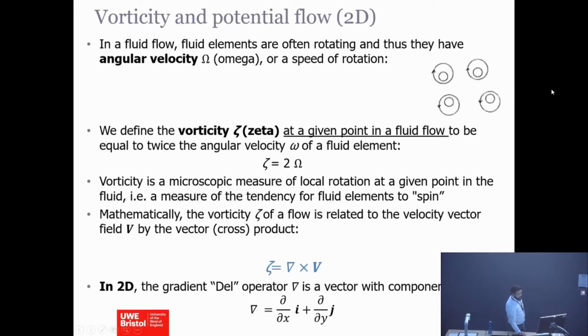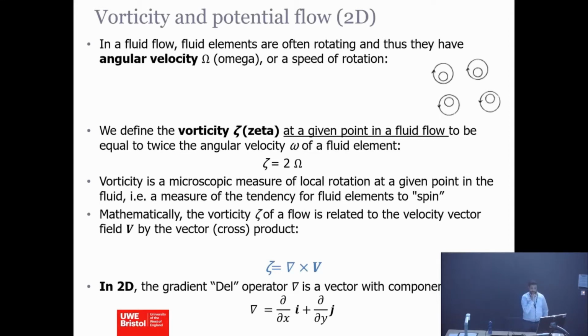Now, we know that one of the characteristics of fluid is rotation. So, the fluid elements can actually rotate. Okay? That's one of the characteristics. We will show you some of the other characteristics, but one of them is rotation. And if these fluid elements rotate with an angular velocity omega, then based on that, we can define another property called vorticity. In two dimensions, because that's what we're considering, there's only one component